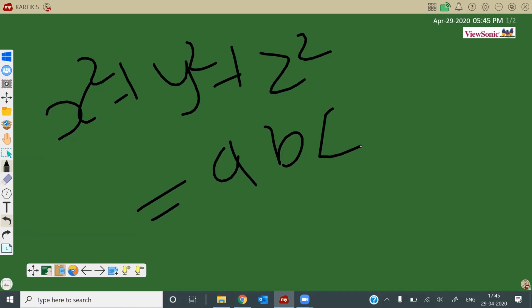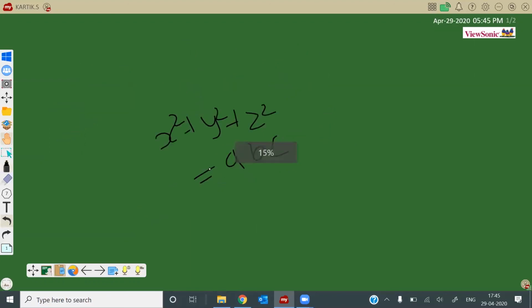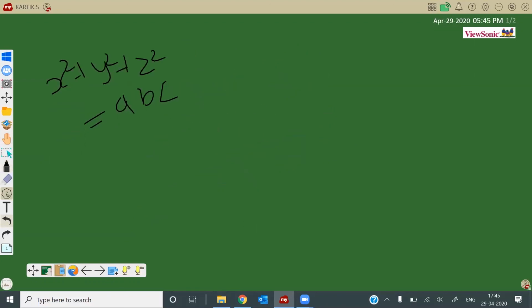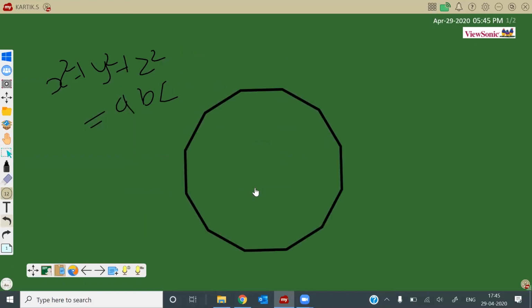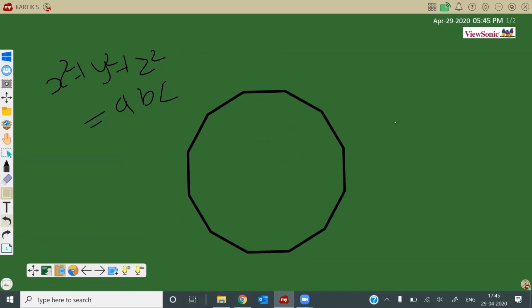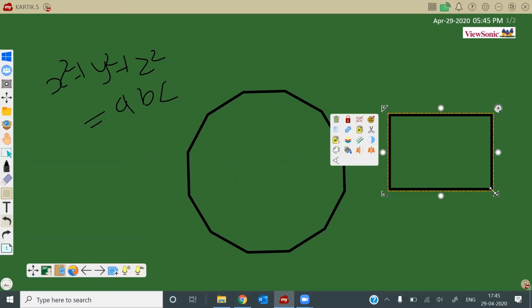So let's change this canvas into an infinite canvas. This way, the teacher can explore the infinite canvas and help students understand the equation and the shape of the equation also.